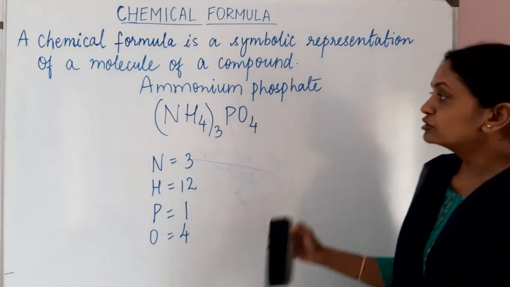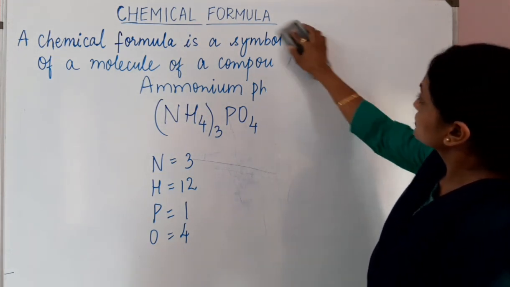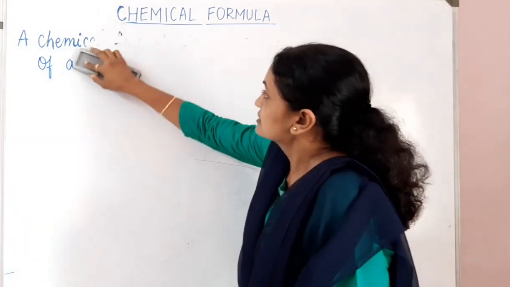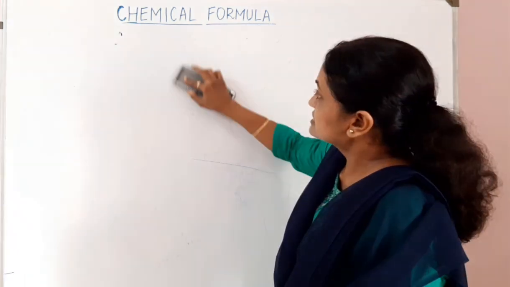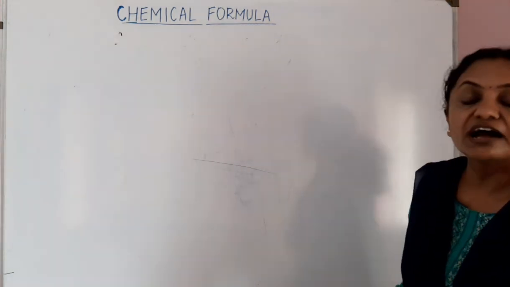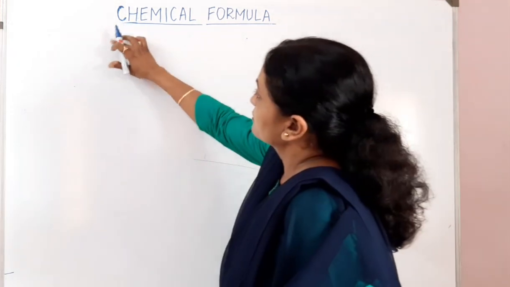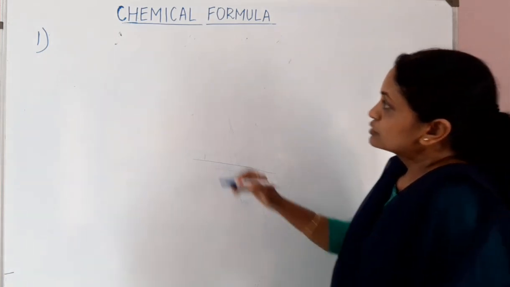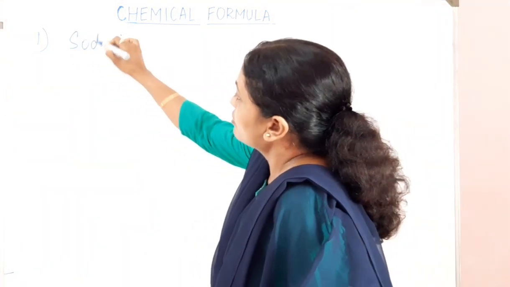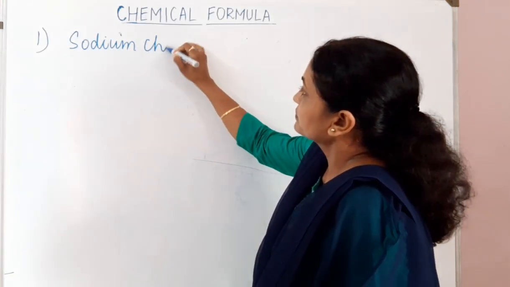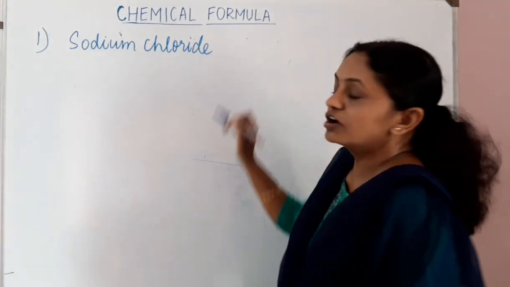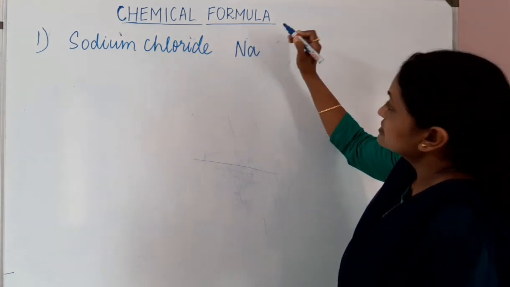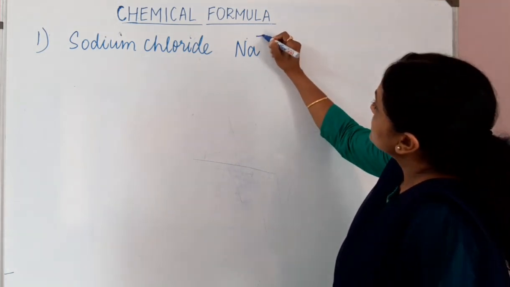Now let us also understand how to write chemical formulas when you know the valencies, or you can say radicals. So there are 4 rules which we have to keep in mind. So rule number 1. In rule number 1, let us take the example sodium chloride. If we want to write the formula of sodium chloride, the first thing we will do is write the ions, or you can say the radicals, side by side.